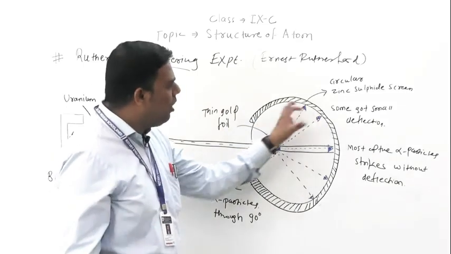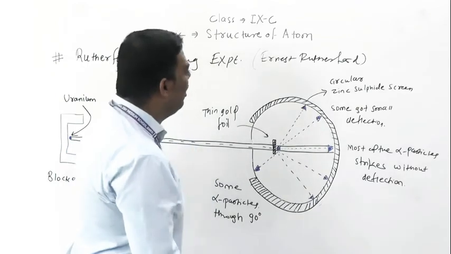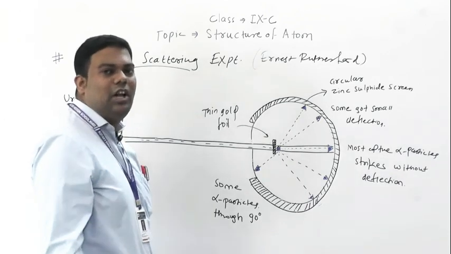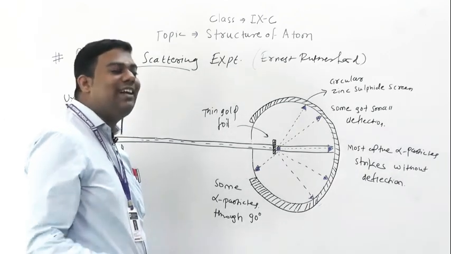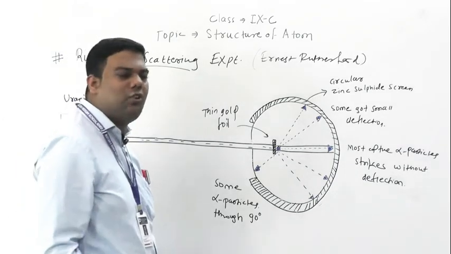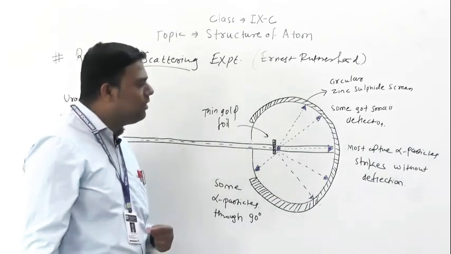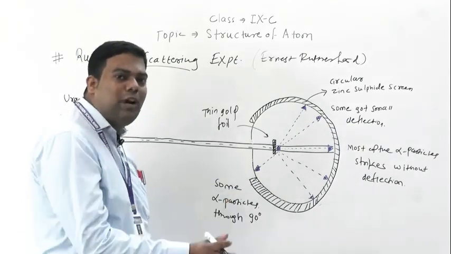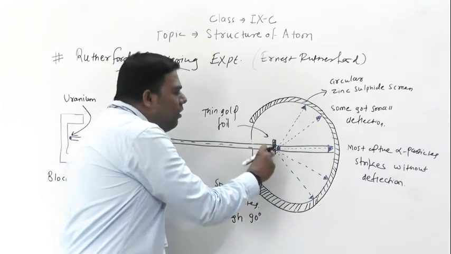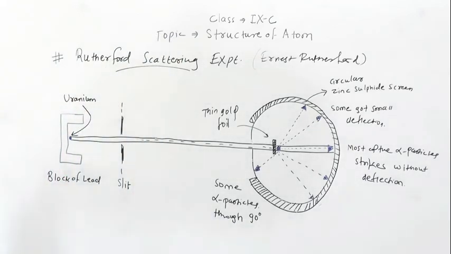How can we observe this? We observe it with the help of a circular zinc sulfide screen. We used that zinc sulfide screen in our discovery of the electron, in the cathode ray tube, as we performed in the discovery of the electron and the proton. So how can we observe this? We are going to zoom in now, to see how alpha particles bombarded on this thin foil appear with zoom. We will discuss that also.